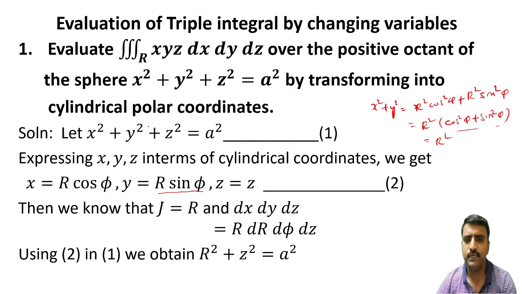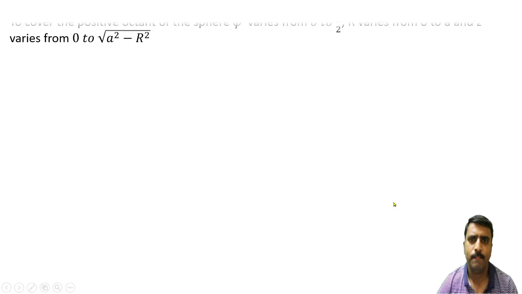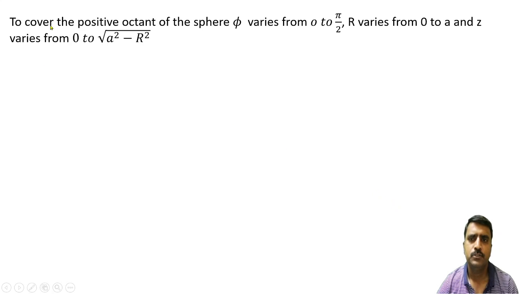So here if you write x square plus y square as r square, then it is r square plus z square is equal to a square. So by substituting using 2 in 1, we have r square plus z square is equal to a square. Then to cover the positive octant, that means a part of the sphere in the first octant,